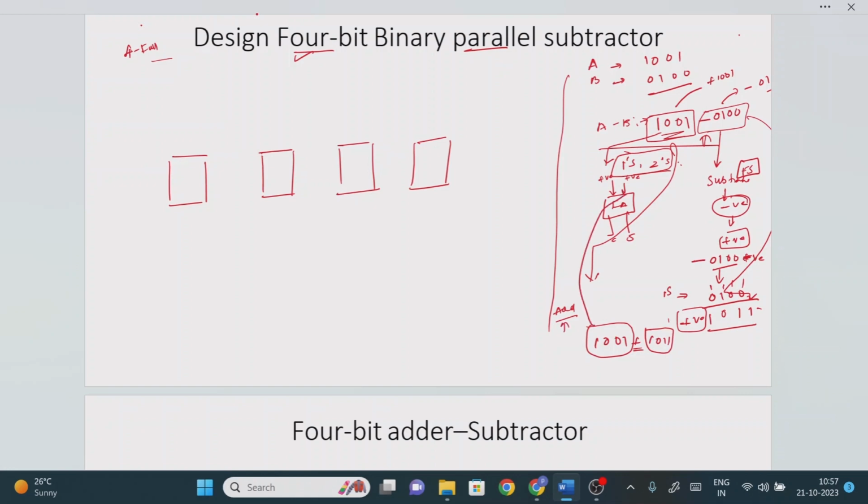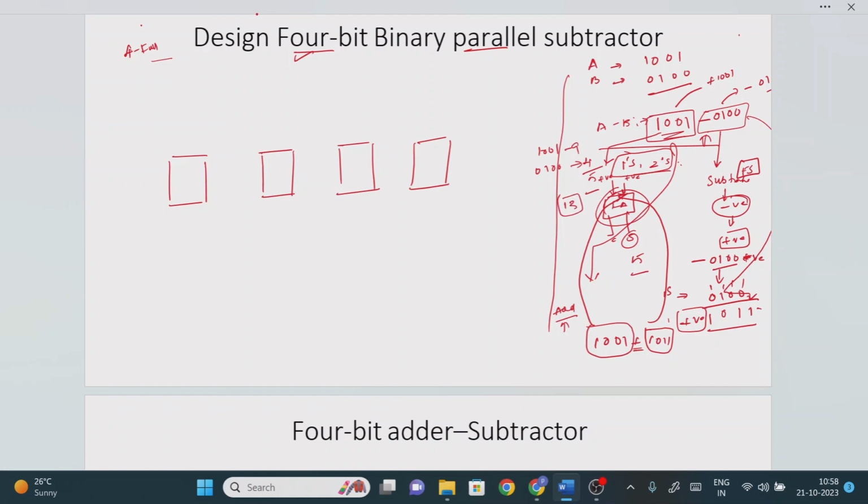So this is added with one full adder. This is also added by another full adder. But here the twist is that the output will be in terms of the subtraction only. It means that if you see, what is the value of 1001? It means 9, right? What is the value of 0100? 4, right? So what is the final answer? 5. Even though you are performing the addition operation, the final result will be in terms of 5 only, not in terms of 13, right?